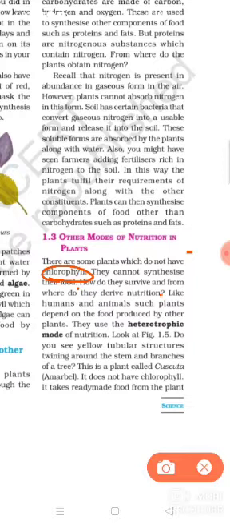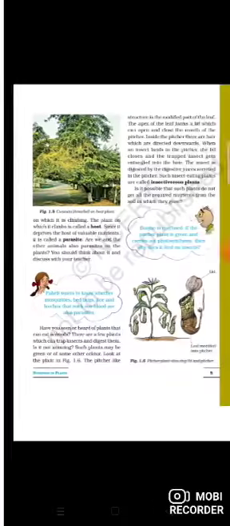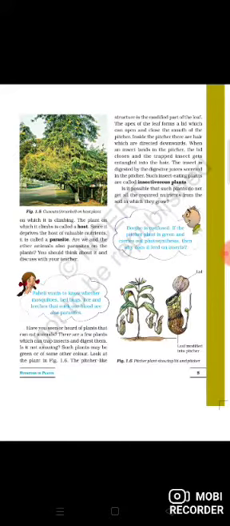Now you see a tubular structure swinging around the stem and branches of a tree. Sometimes we observe on a tree a yellow color structure, another plant present on it. This plant is nothing but the cuscuta; the figure is also given in this lesson. It does not have chlorophyll or a green color leaf. It takes ready-made food from the plants.